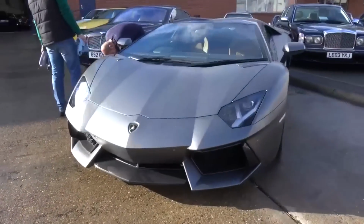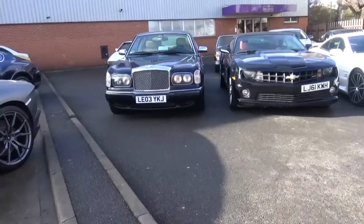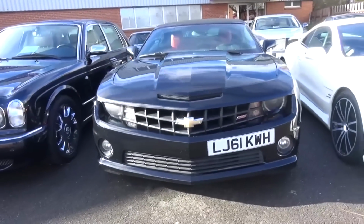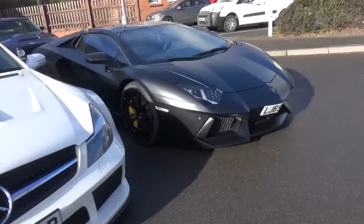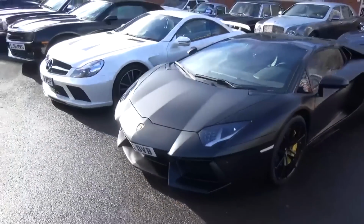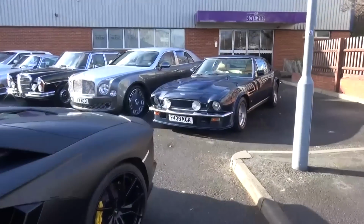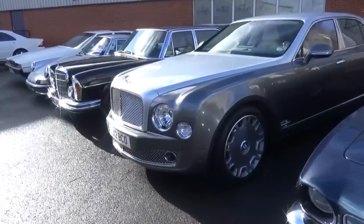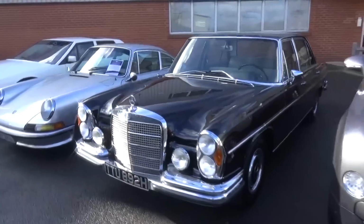The first car we see for sale is a stunning right-hand drive Aston Martin DB5. Behind it is a Lamborghini Aventador Roadster, with a Bentley Arnage long wheelbase starting the first line. Then there's a Chevrolet Camaro SS, SL65 Black, with another Aventador Roadster to its left. Moving behind these we find an original Aston Martin Vantage, then a Bentley Mulsanne, Mercedes-Benz 300 SEL, a 1973 Porsche